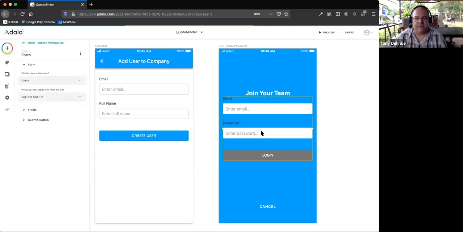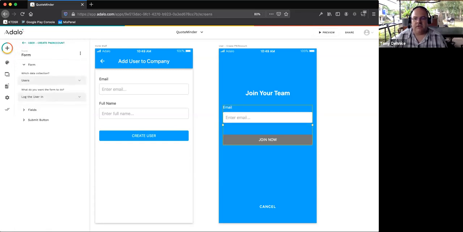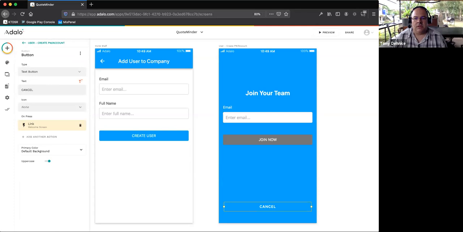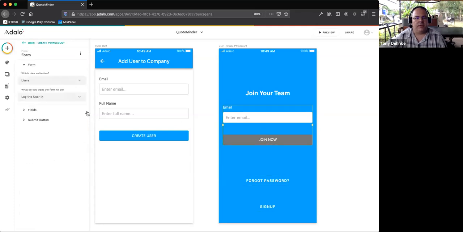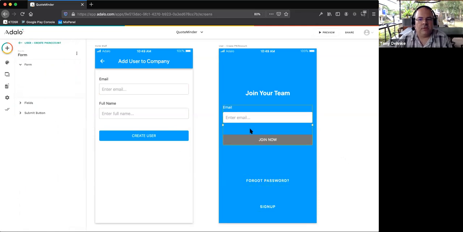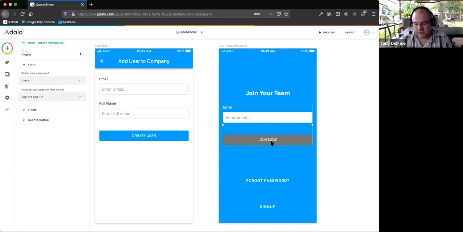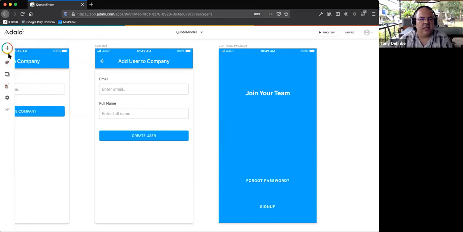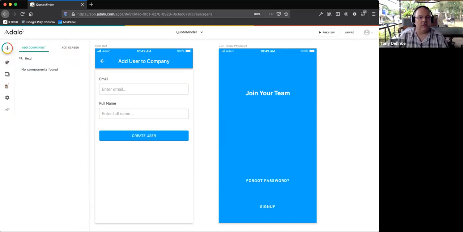So let's just backspace here a little bit and get ourselves back to having, there it is. Okay, so we want to keep forgot password. So what we're going to do here is get rid of, oh. Okay, I want to keep forgot password, but I'm going to delete the join now because this is forcing me to use this as a login, which makes sense. It's a login form. So I'm going to try deleting that, and then try adding a,